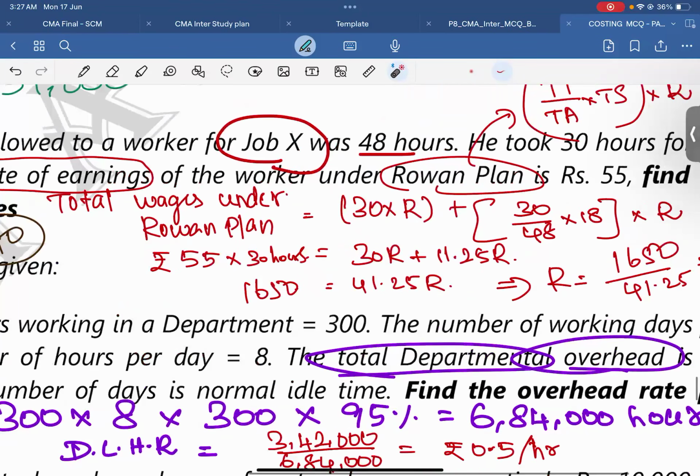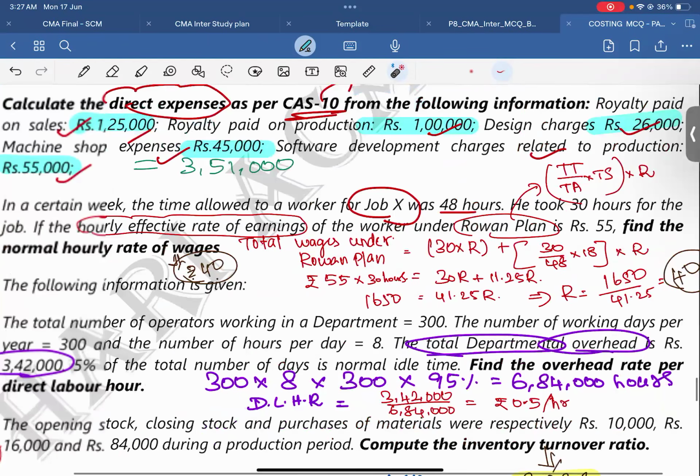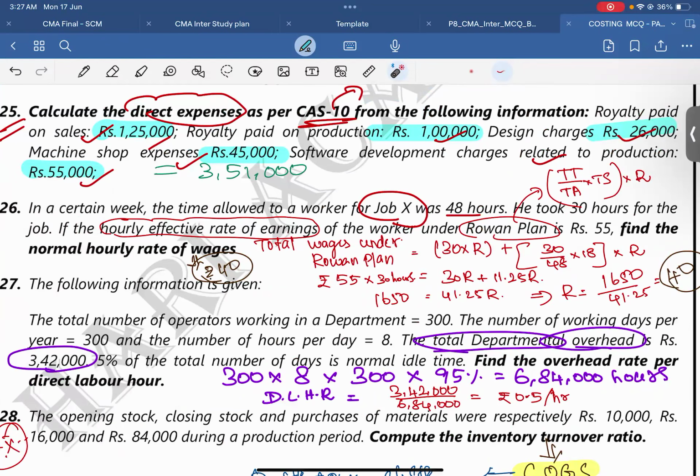Rupees 40 is the hourly rate. Effective rate of earnings is what, after adding that premium? That is 55. Okay. Now